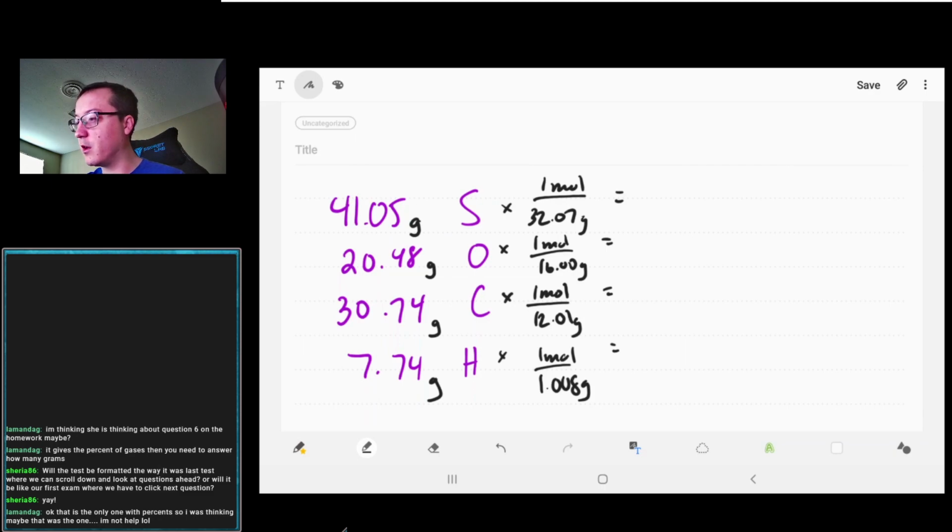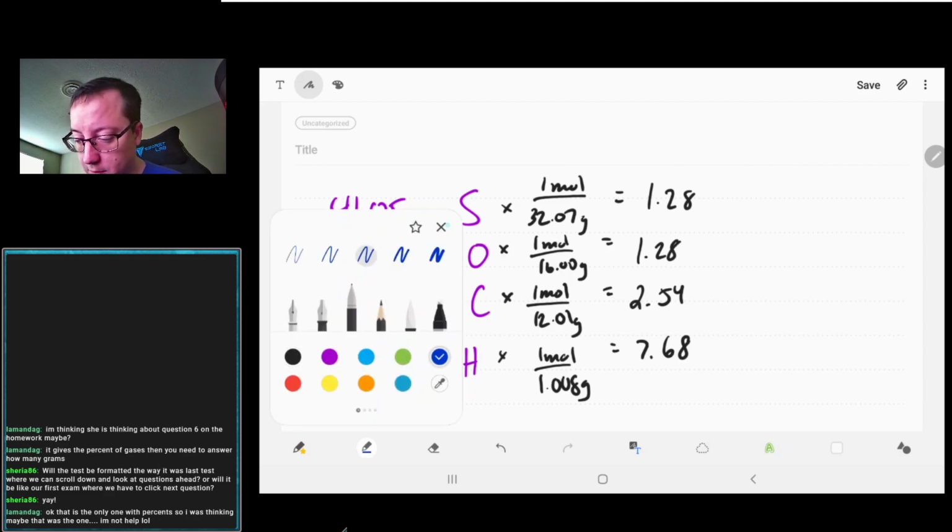41.05 divided by 32.07 is going to be 1.28. For 20.48 divided by 16, that's 1.28. 30.74 divided by 12.01 is 2.54. And the last one, 7.74 divided by 1.008 is going to be 7.68. Okay, so now that we've converted all to moles,